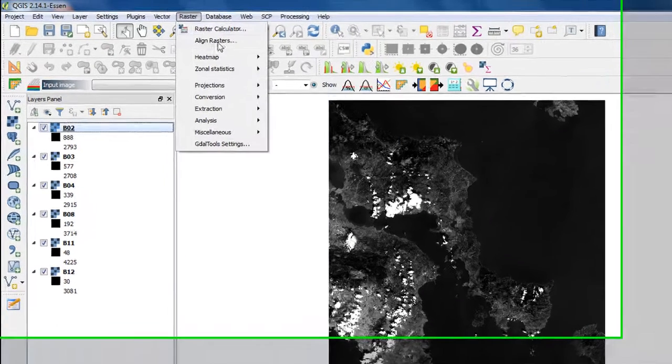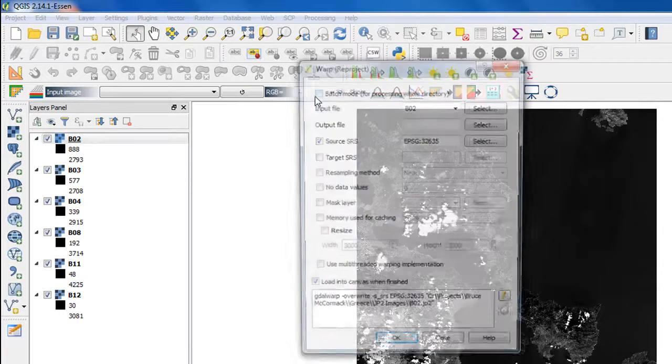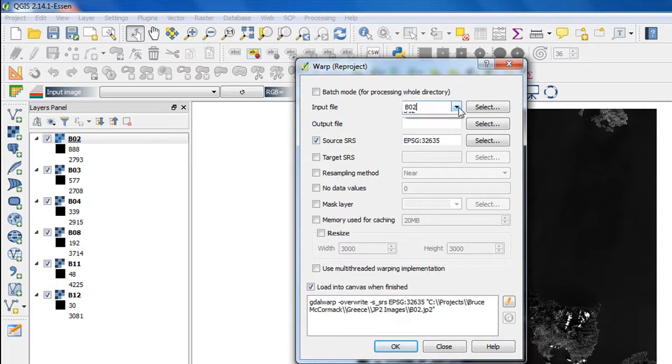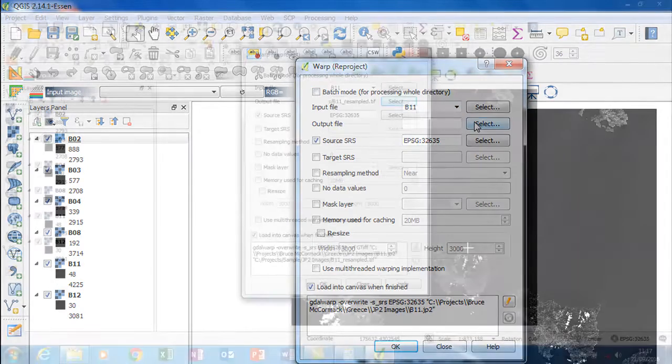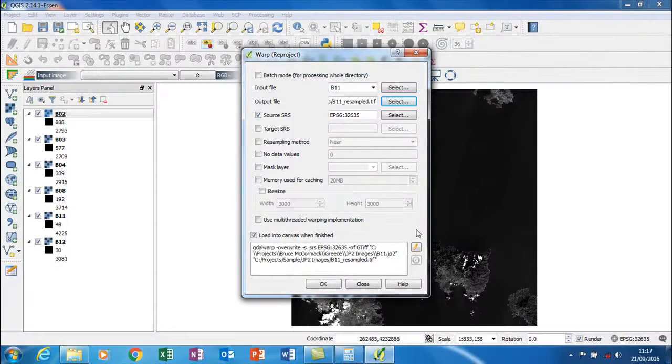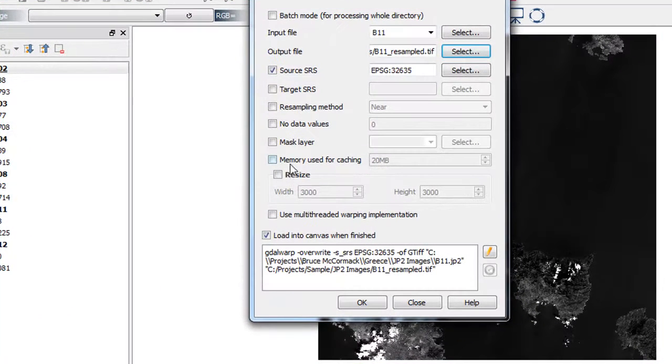Now we go to raster, then projections and warp. We can specify the input file as band 11 and specify an appropriate output file. Note that the output file won't be in JP2 format, it'll be in GeoTIFF format. Finally, we need to enable the resize function and change the values for width and height to the values noted